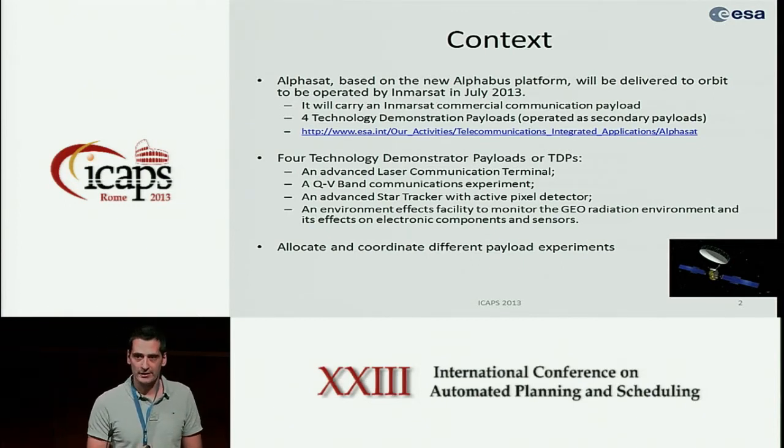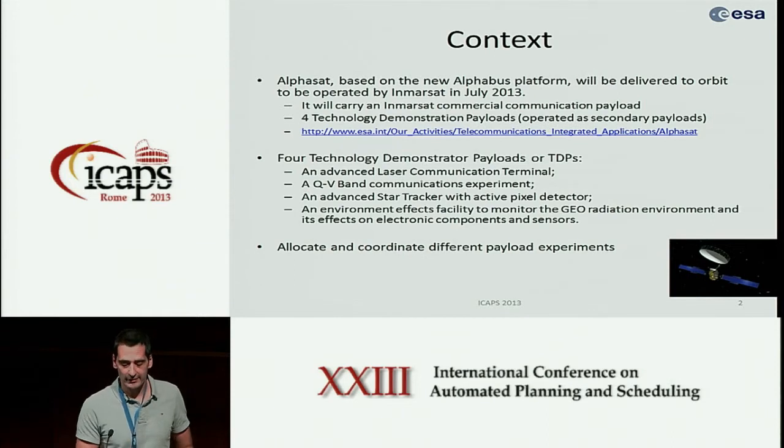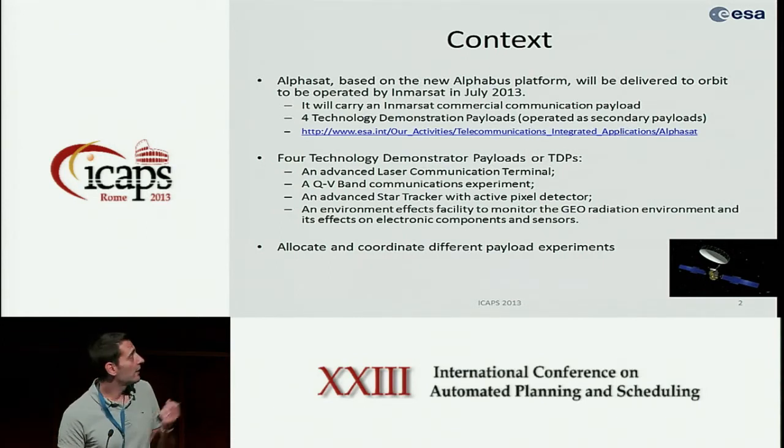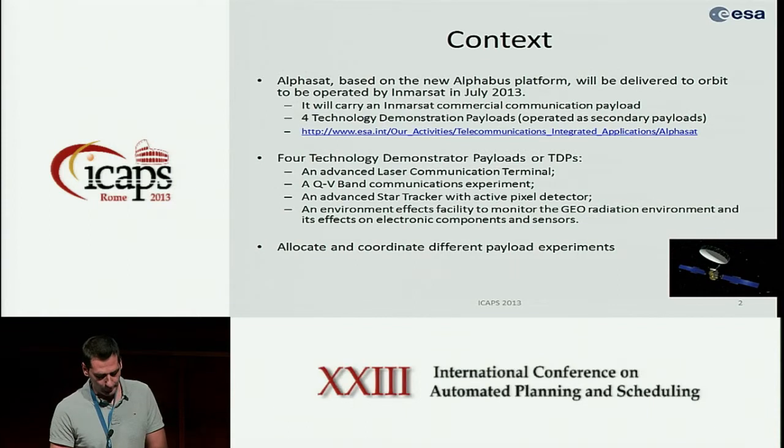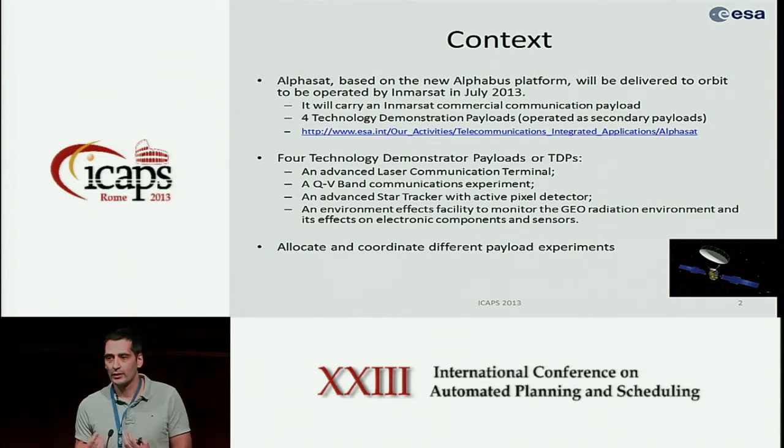There is a payload consisting of a star tracker, which is a device for controlling the attitude of a satellite. And finally, there is a last payload that is an environment for measuring space radiation and its effects on different materials and so on. So, as you can see, we have different payloads. Each payload belongs to a different institution or a different group of scientists. So there is a need not only to allocate, but also to coordinate the activities, as we will see in a while. And that's where